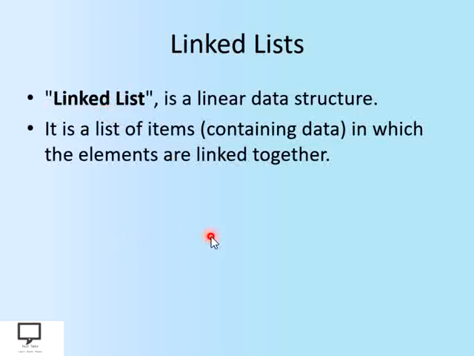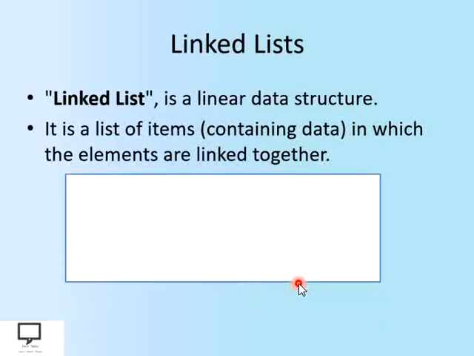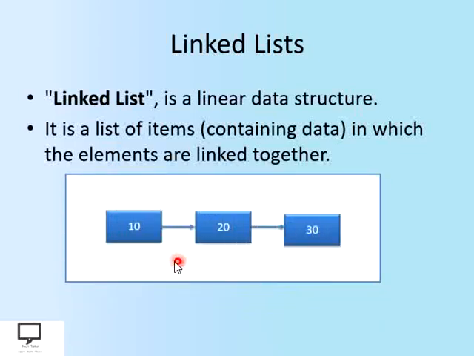I'm showing you one example over here. This is nothing but the example of a linked list. Here you can see that in this picture each data is connected or linked to a different data, thus forming a linear list of data. They are connected with each other and they are forming a list of data. Since data in a linked list is stored in a linear fashion, a linked list is a linear data structure, as I explained previously.